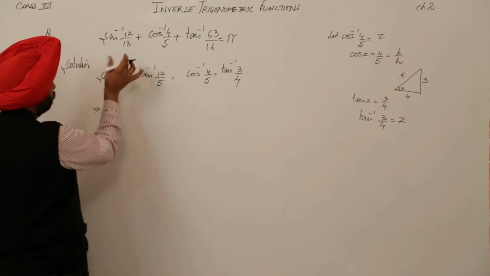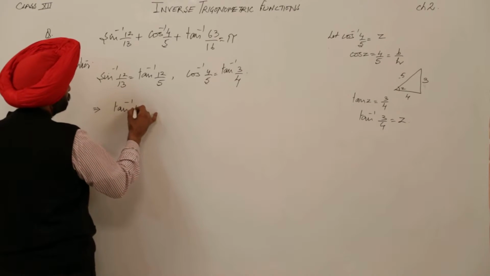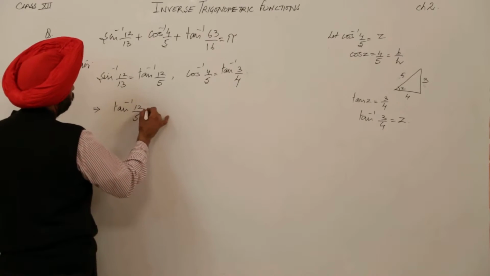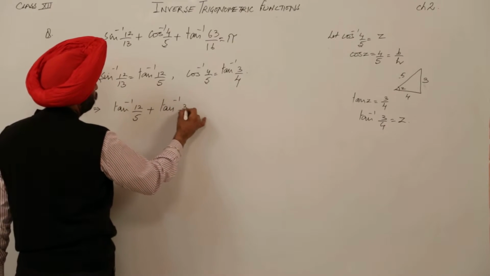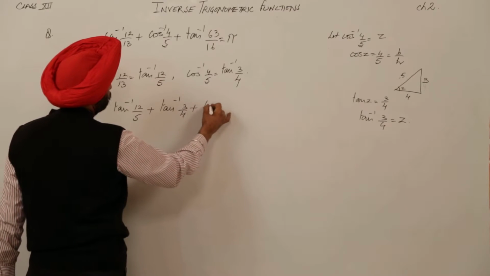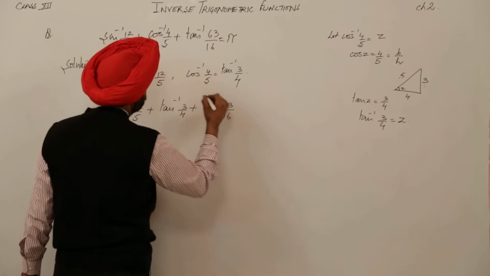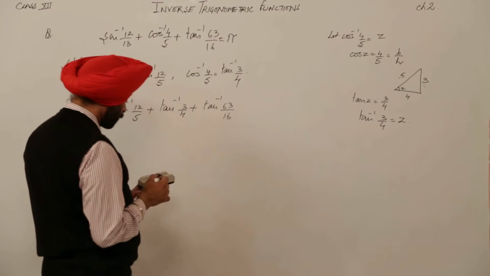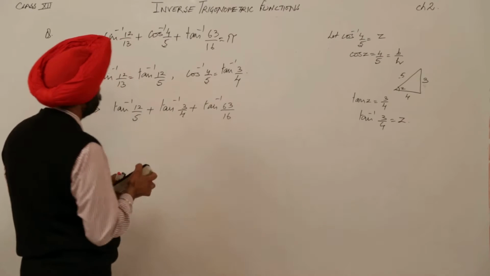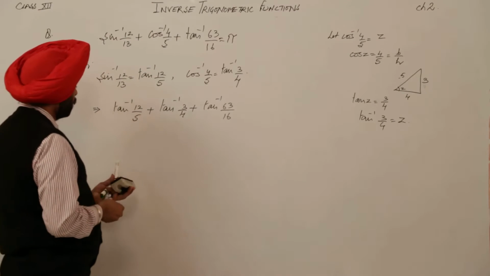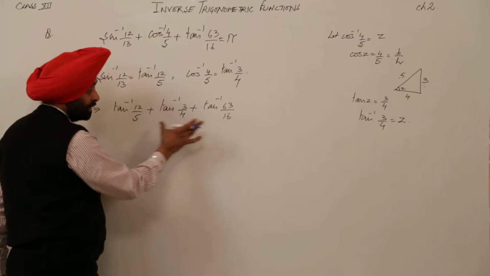Now we are having, in place of sin inverse 12 by 13, I am writing tan inverse 12 by 5 plus tan inverse 3 by 4 plus tan inverse 63 by 16. Okay. Now what our property was, I am just writing here. The property which we are going to use is, we can use it either with these two, or